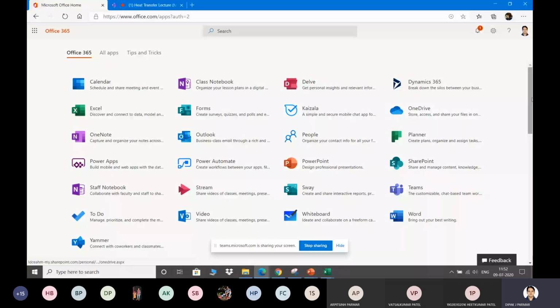So what I insist is that you use this same credential for using Excel, Word, and PowerPoint online. Second, the same email address you can use in OneDrive, where you will get some 1 terabyte of space available to store your data. You can use your Microsoft account as your email. So you can use Outlook, and many more things. One by one, when we discuss, I will inform you how to use them.